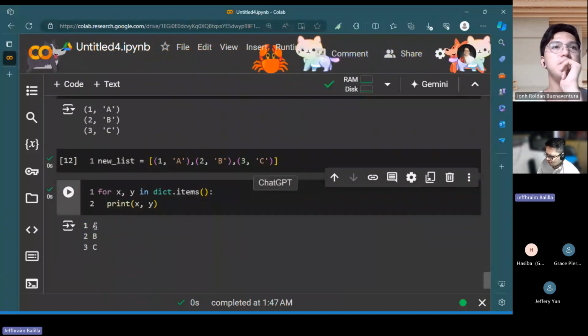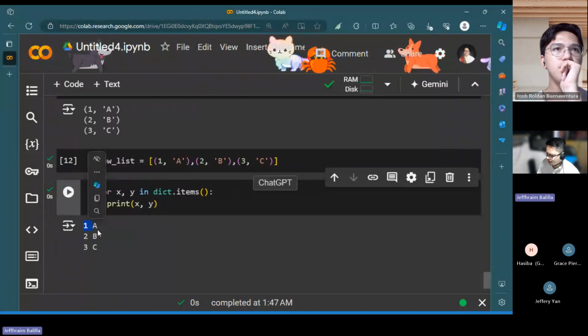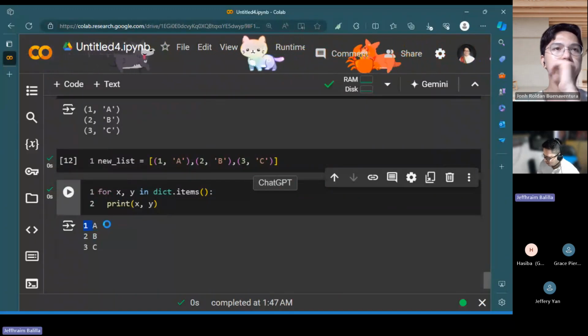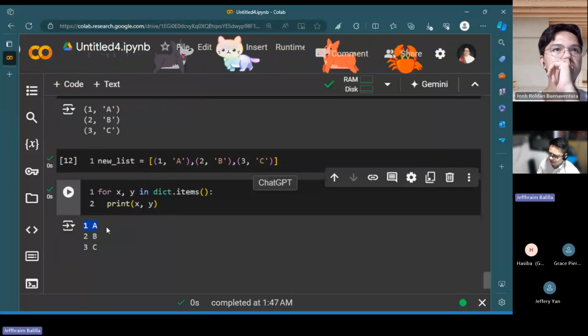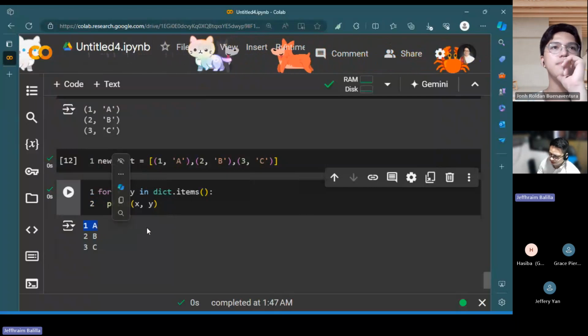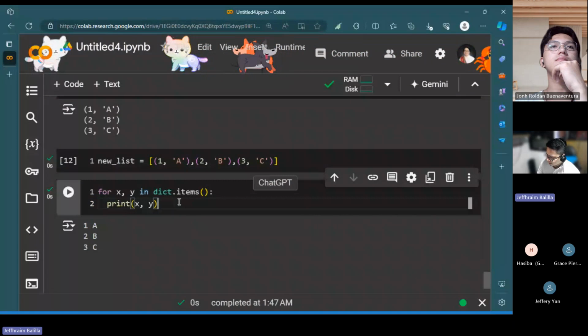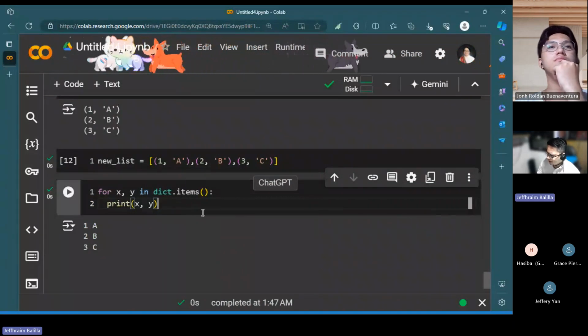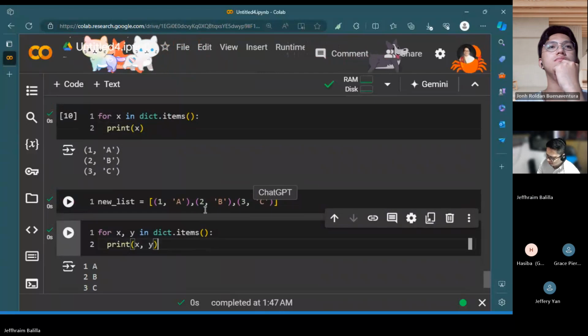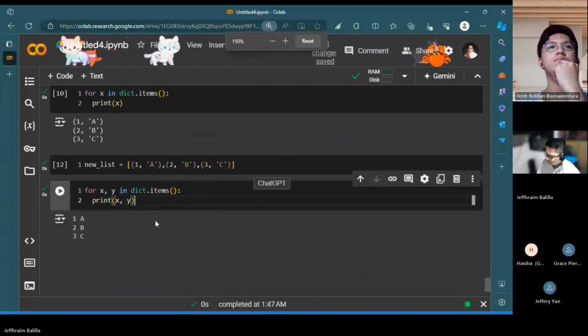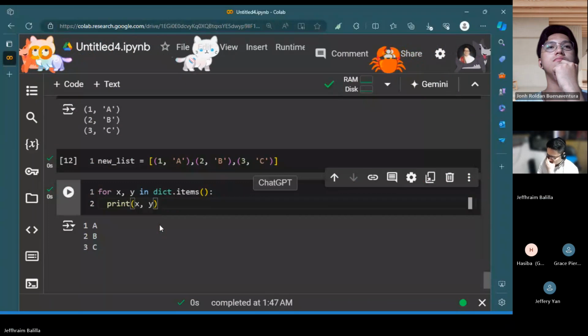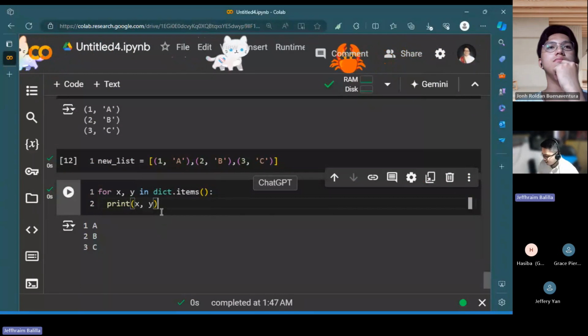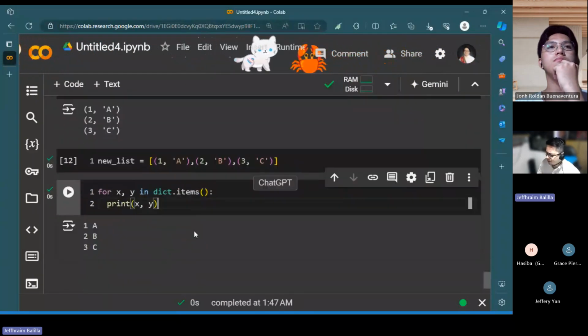What you have in the first one would be the key, which is 1 and A, but this is just considered as a string. If you think about it, there is a significant difference in the way the information is stored.